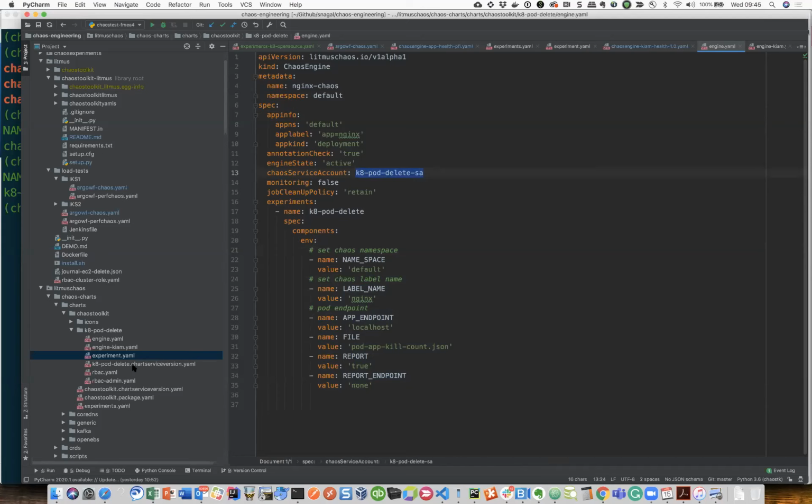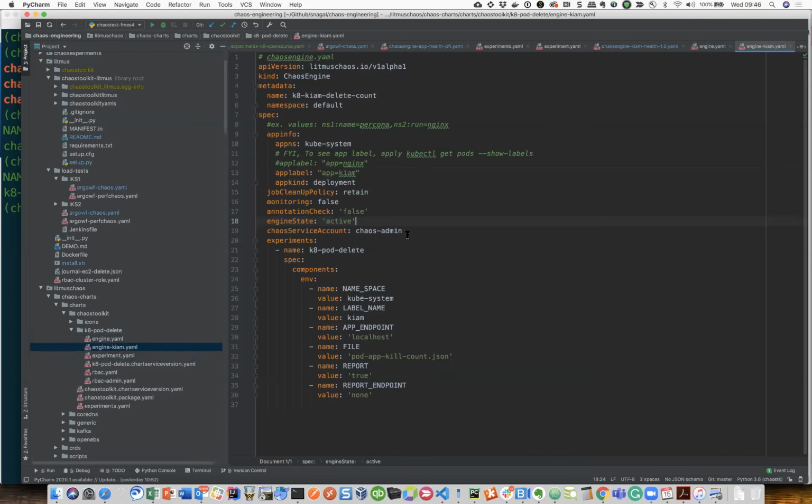In a similar way, there is another one created by leveraging the cluster admin account, so that's also been added. Here there is an example of KIAM, which is used to go from one account to the other. Now we have talked about the engine and the experiments. For demo purposes, I'm using one of our real applications in place of the core Nginx image.